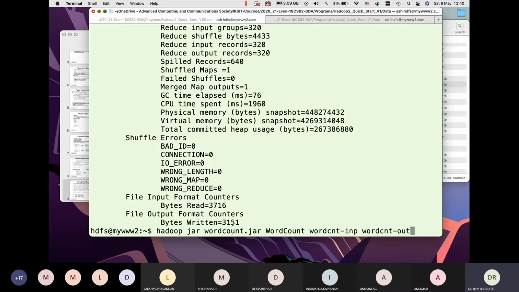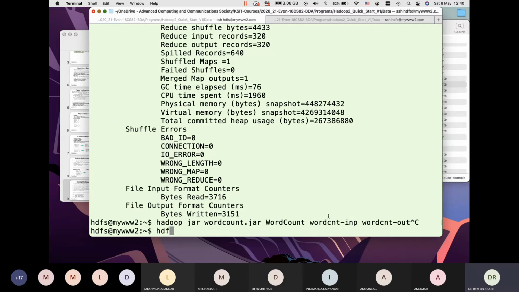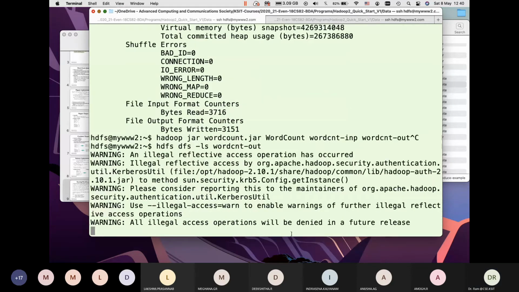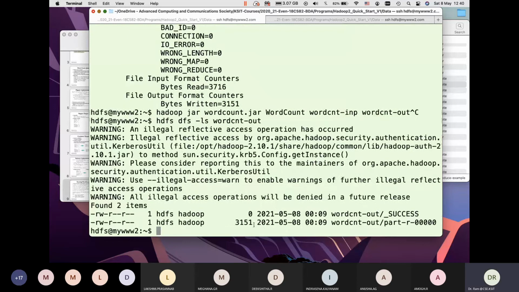Our command was, we created a directory called wordcount out. Let us look at what is there. So we have 3151. This is what was written, which you can see as bytes written. This is what it read from frequencies.